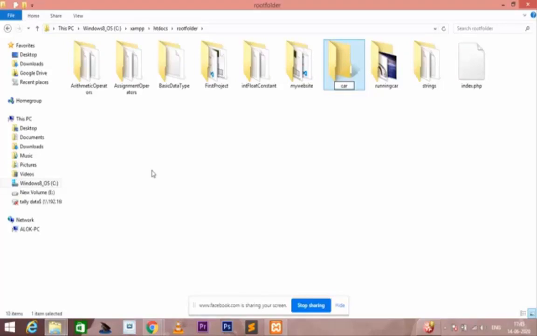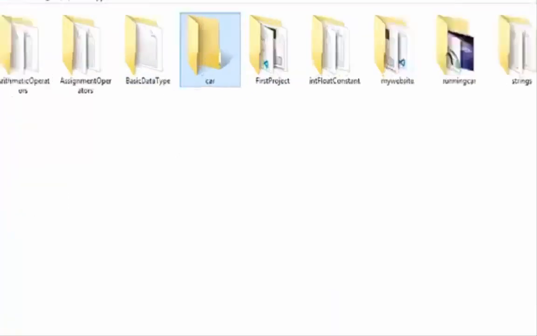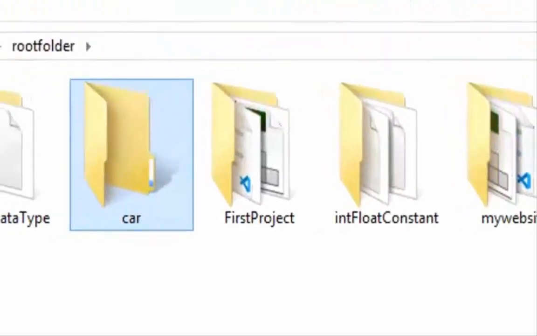For example purposes, we give a simple name so that it is easy for further work. So this is my folder here, and I give the name as car. I simply press OK. This folder is created already, and I zoom in here.